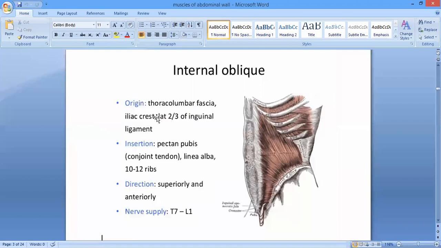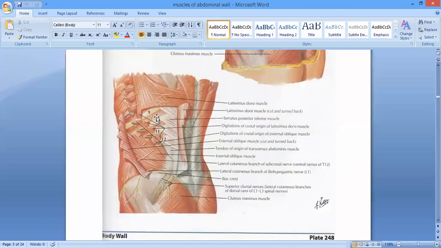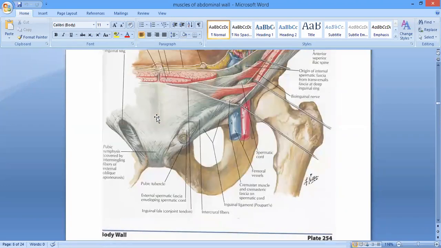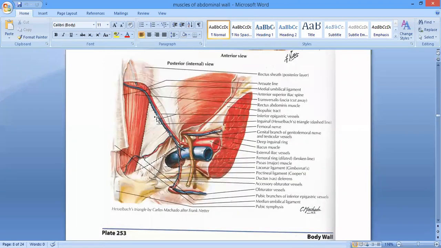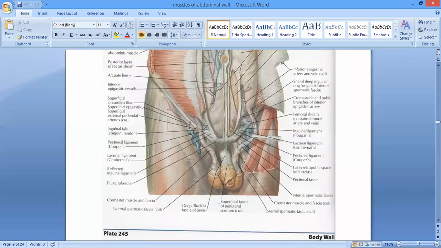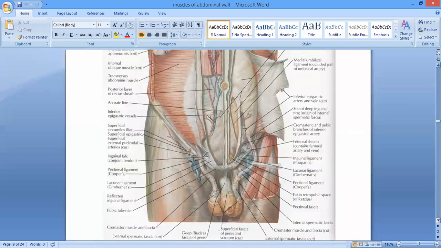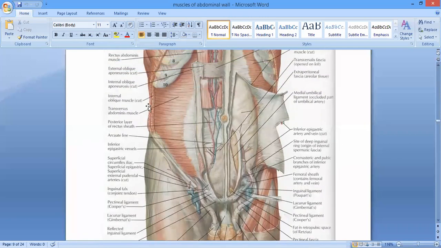And the transversus abdominis muscle, its fibers are running transversely, horizontally, right? Here you can see. External oblique runs downwards, forwards, and medially. Internal oblique runs upwards, forwards, and medially. So they are perpendicular to each other, whereas the transversus abdominis fibers run transversely. Now all these muscles,